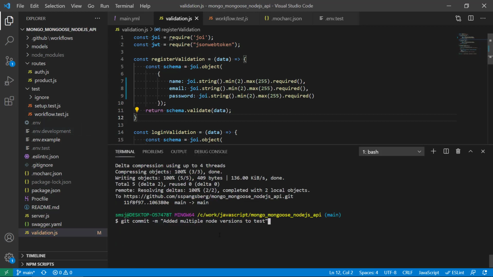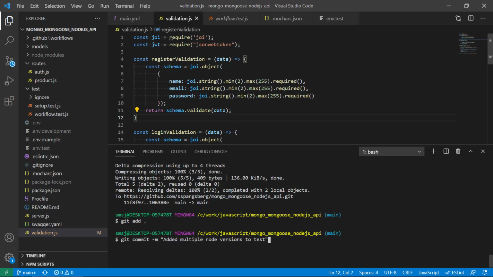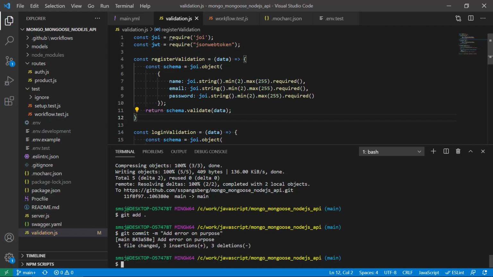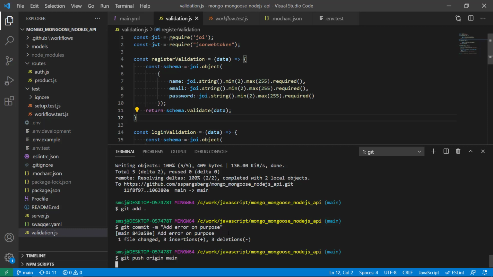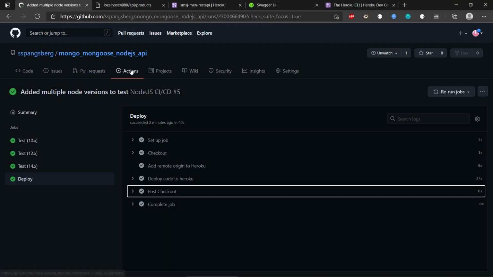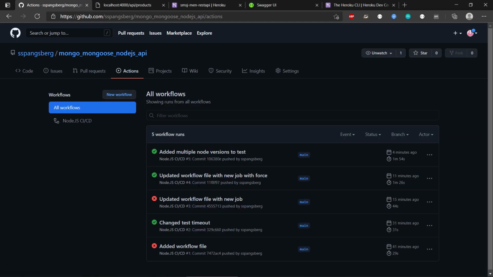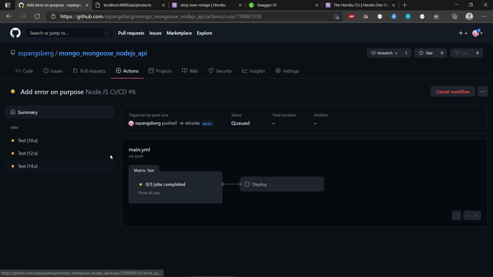I commit this. Let's just make a commit message called add error on purpose. So then we're just pushing this to GitHub again, so we can see that if we go to actions, if we refresh, we had add error on purpose. So what should happen now is that our test should fail, because we have one test that expects to get an error from